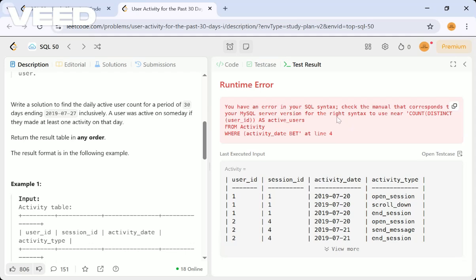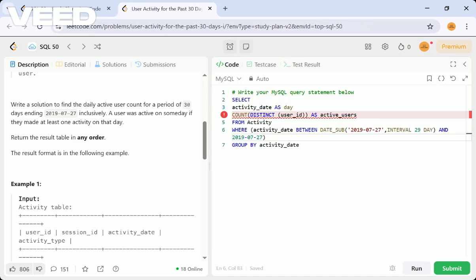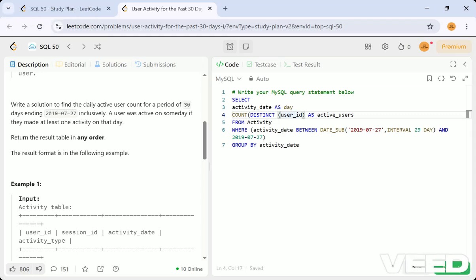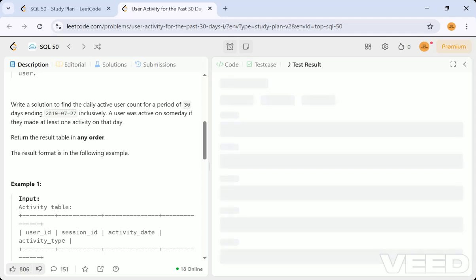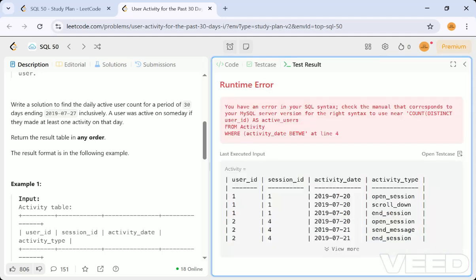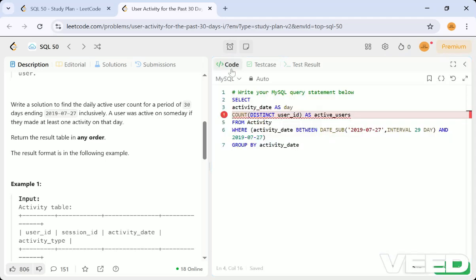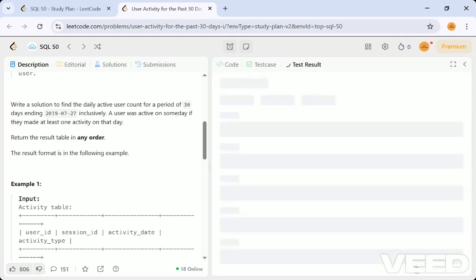Even an error in SQL syntax corresponding to MySQL distinct. Okay, a braces problem here. If you see, distinct, no need of your distinct ID, user ID, count of this. You can make it simple with braces. It is making it so hard. So why did it get so many errors? Sorry, I forgot to have a comma here. That is the way. That is why we are getting errors.